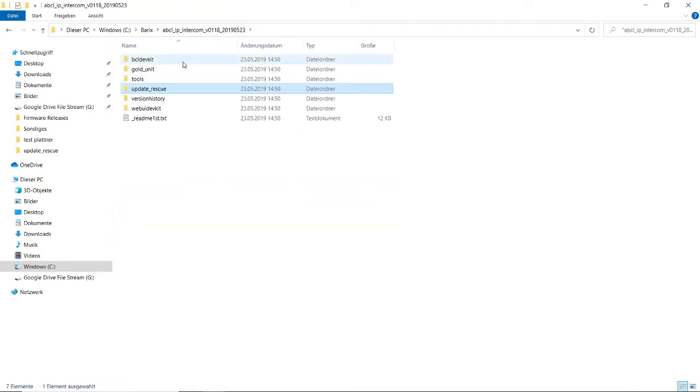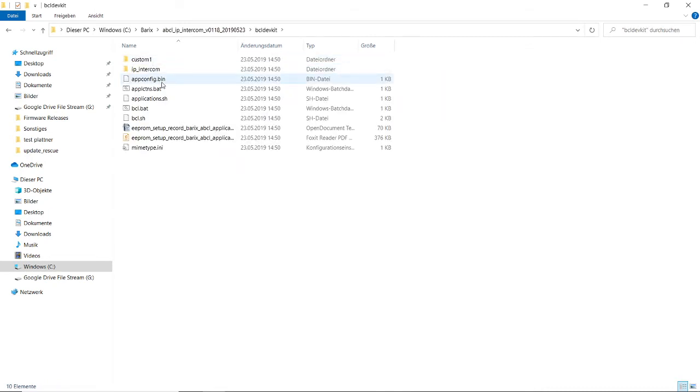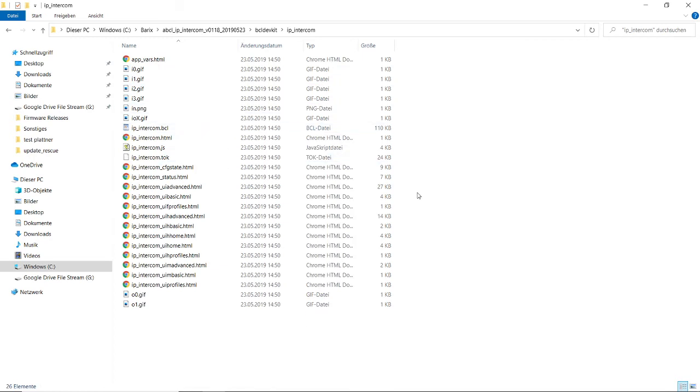And finally, the BCL DevKit folder. In the BCL DevKit folder, you can find some procedures which are important for the development and some subfolders for the BCL applications with the source code of the BCL applications. Here we have the custom one folder, that's a dummy application, and it's the IP intercom firmware. For that reason, we have here an IP intercom folder. When we go into it, we will see the source code